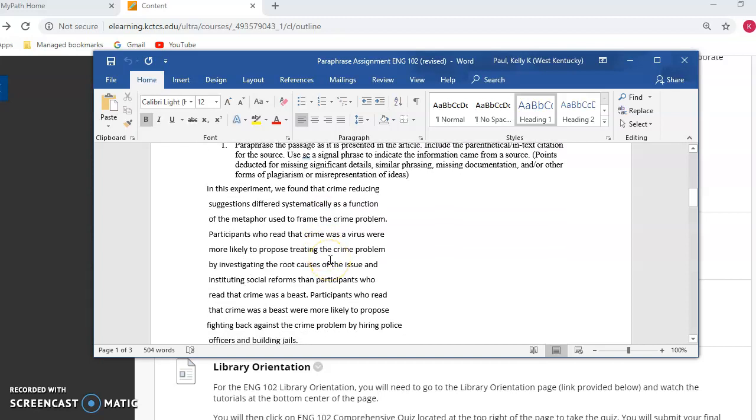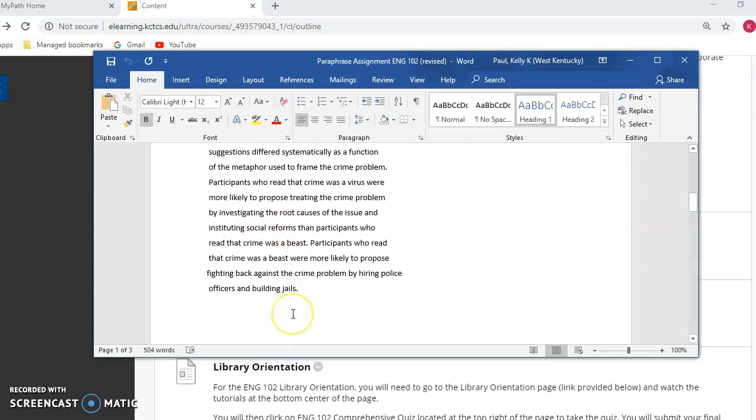And again, I'll show it to you in the sample. Okay, but what you should know, though, is that if you're going to use anything like the words crime and beast, if you leave those in your actual paraphrase, you have to put quotation marks around them or you will be plagiarizing. So you are doing this section right here, just paraphrasing just this passage,